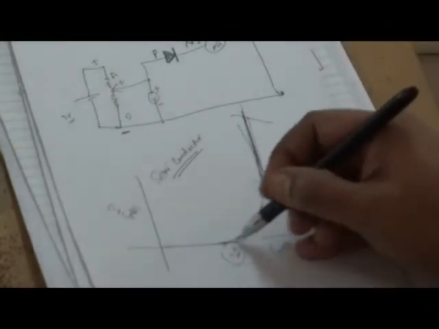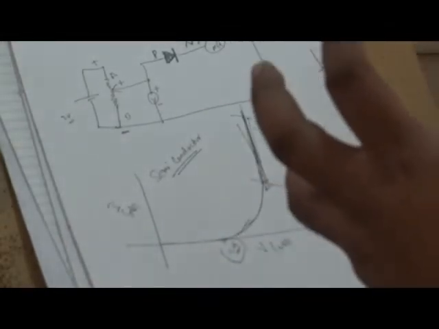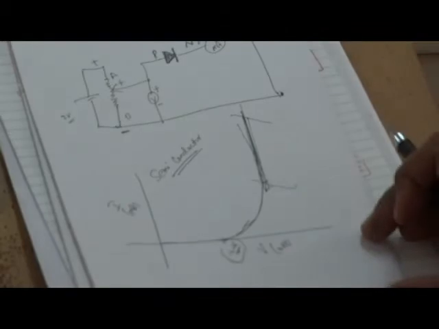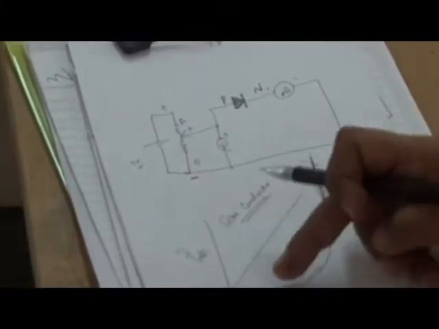This voltage we can decide. Each semiconductor component will have this type of characteristics. That's why we call them non-ohmic devices. This diode is not obeying Ohm's law, it has got its own graph. Ohm's law graph we all know, a straight line graph. But here this is not a straight line graph, it is a curve.